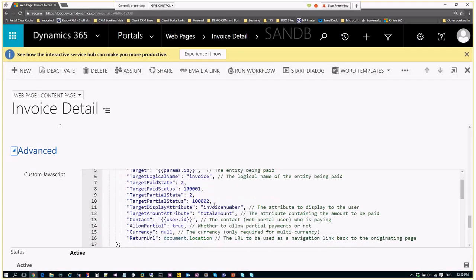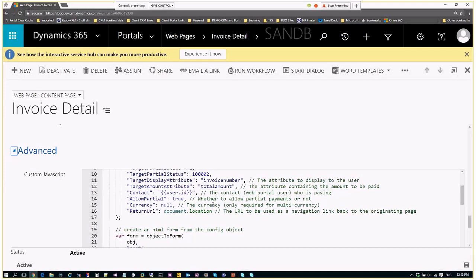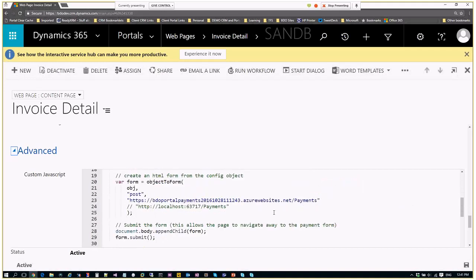But again, this is all using JavaScript. This is where, as I tie it off at the end, I'll talk a little bit about tying it into other portal applications or those web resources, just to get that communication working between the different portal technologies.